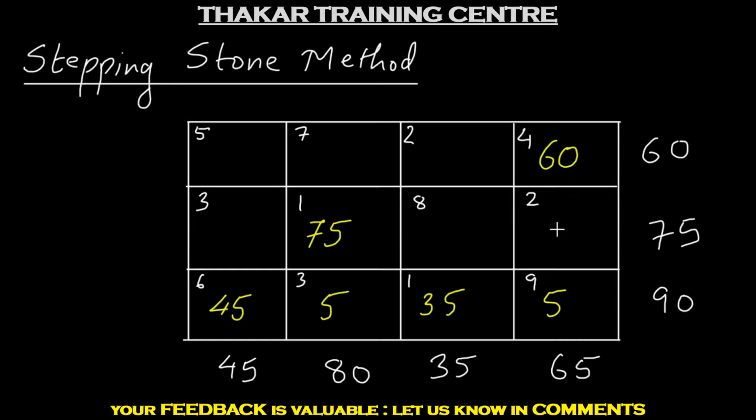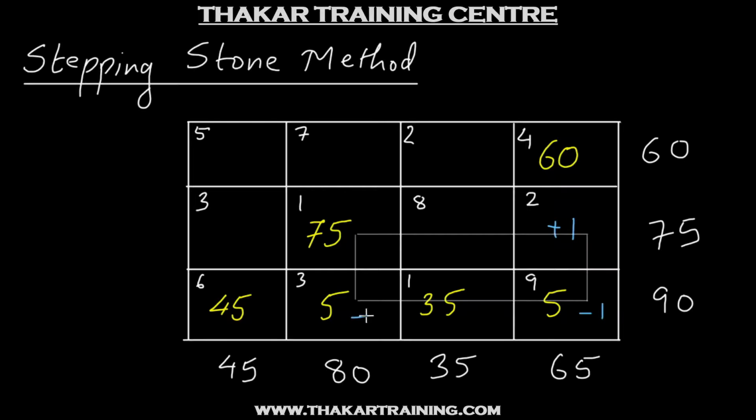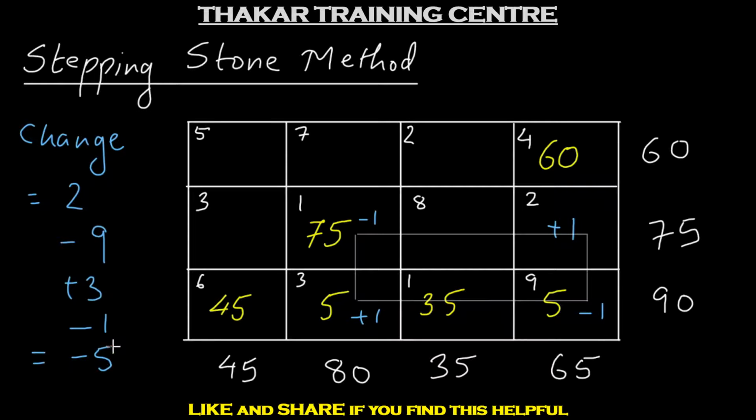And this is the last cell which is remaining. So we add plus 1 over here. This is a loop. So minus 1, plus 1 and minus 1. And the change in total transportation cost will be, so this is plus 2, minus 9, plus 3, minus 1. So this is 2 plus 3 is 5, minus 10, so that is minus 5. So for every unit that is allocated to this cell, we get a change in total transportation cost of minus 5, that is, the cost comes down by 5. This is variable x24. The cell is source B to destination S and the change is minus 5.